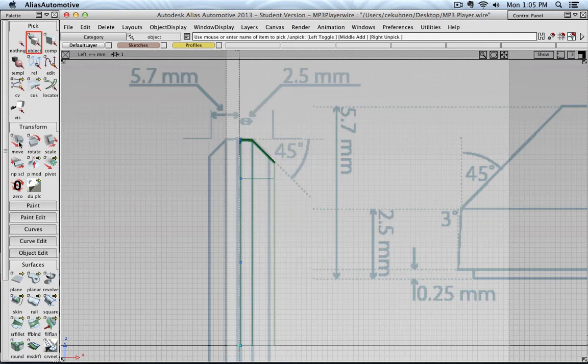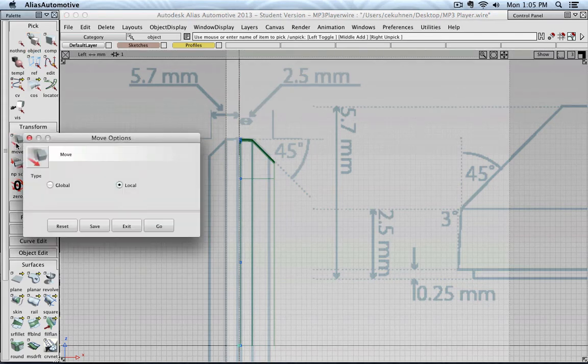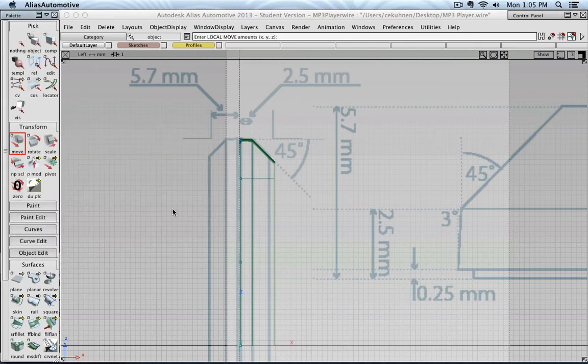One way, as you know, could be by going to Move, having local turned on, click Go, and we know that this edge is roughly 5.7 millimeters away from the z-axis along the x-axis. So I could put in 5.7 for x, comma space 0 for y, comma 0 for z, and press enter,